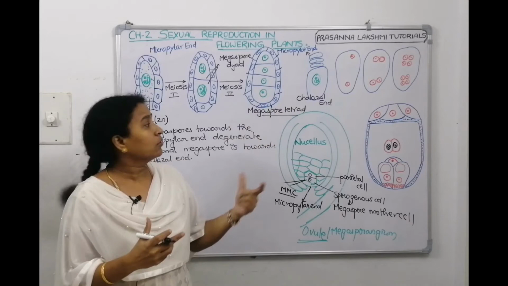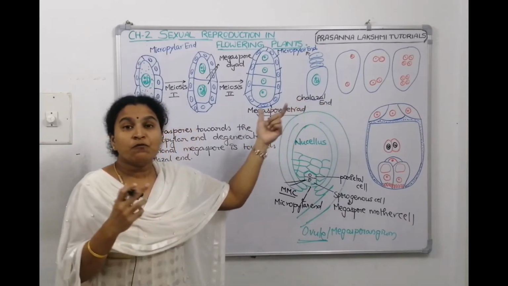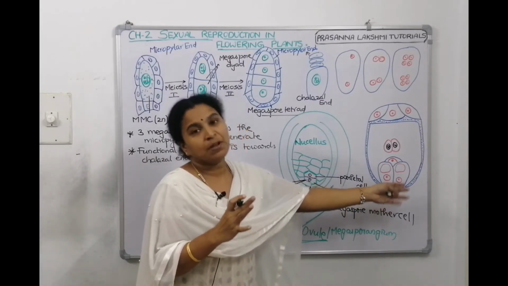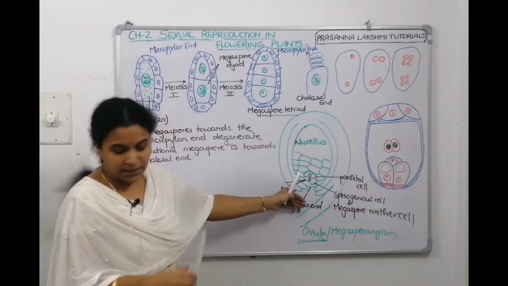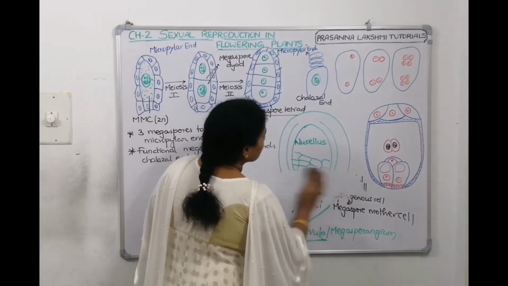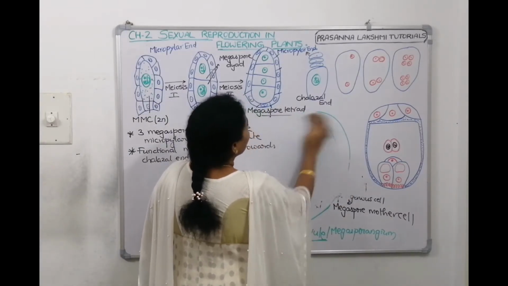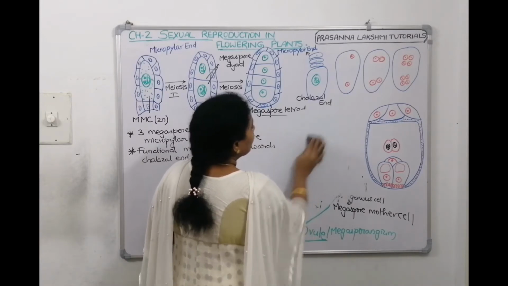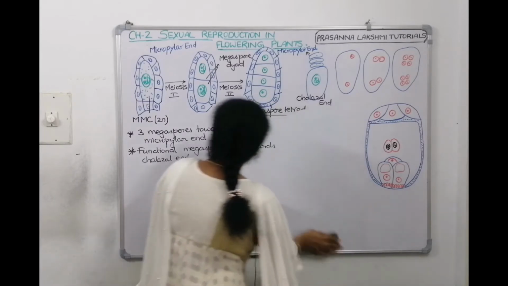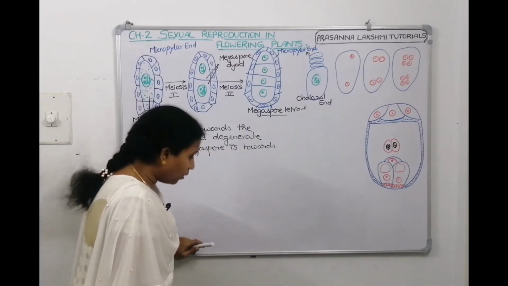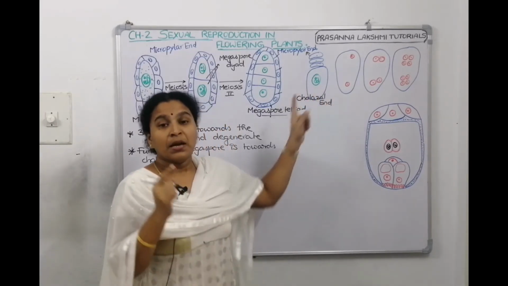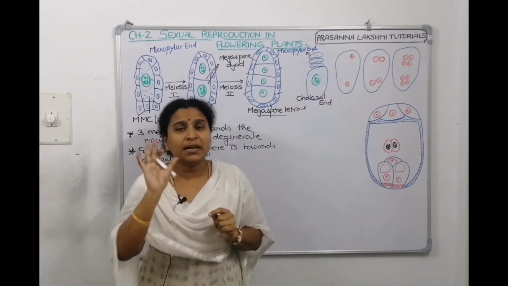Now when we talk about the megaspore developing into female gametophyte, what is female gametophyte? Embryo sac is female gametophyte. So can I erase this picture? Because we already finished this megasporogenesis. Now we are talking about how this functional megaspore will develop into a female gametophyte, which is called embryo sac. Development of female gametophyte. Now this megaspore undergoes free nuclear divisions.